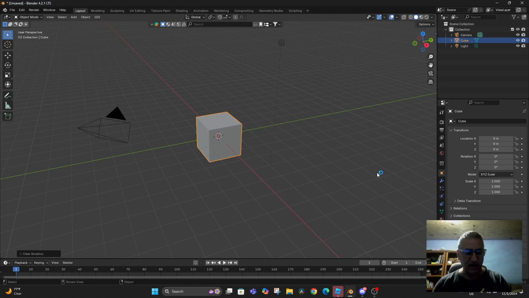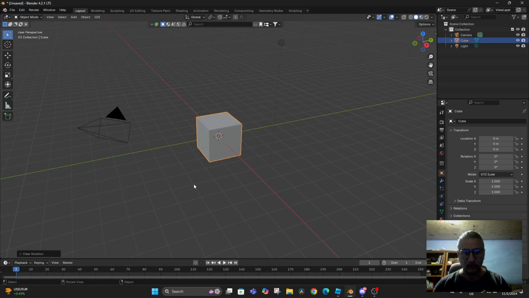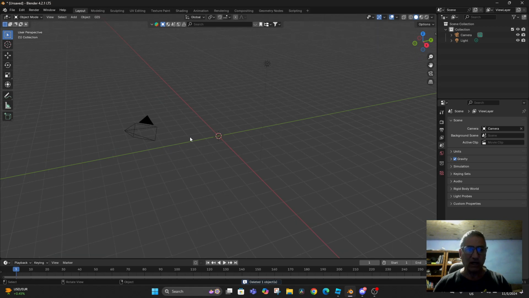All right, hey friends, I think we've almost got a technique down, so we want to share and record what we're doing, going from Blender to Roblox Studio. So what we're going to do is, again, look at the Akrich nursery in Morocco, and we will hit delete here, and now we will go to